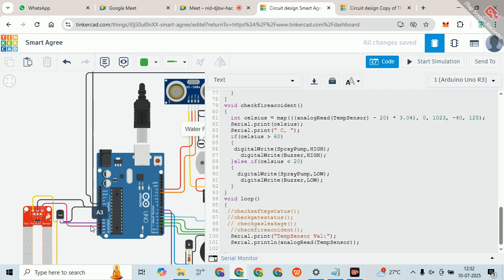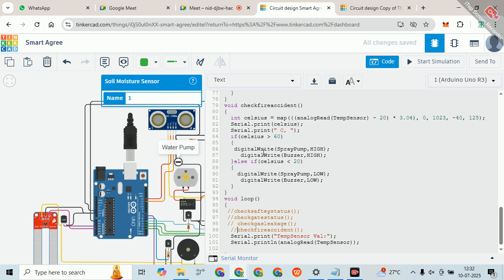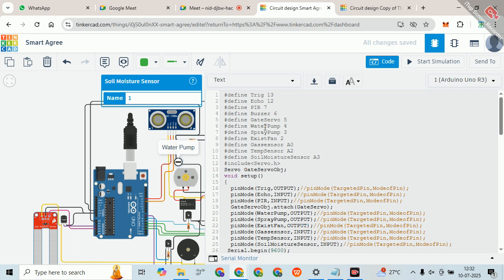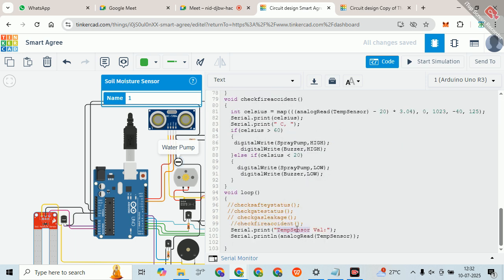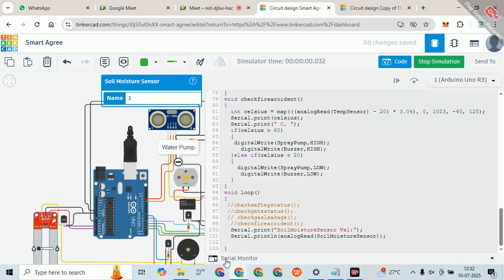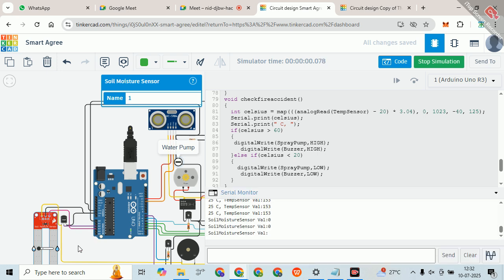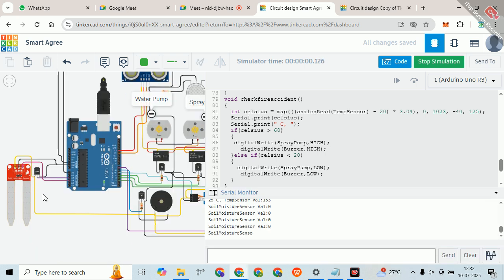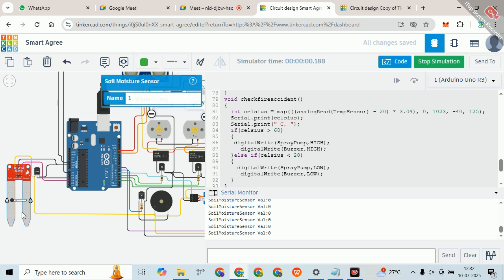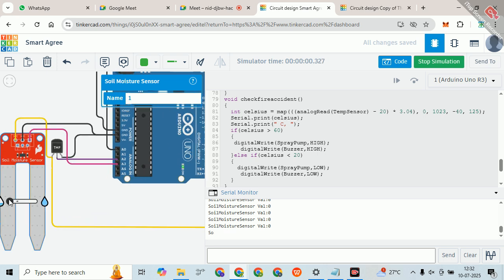Yes, so this is about the fire accident. And the last one that we have is the soil moisture sensor. Let me check the soil moisture sensor. I'm going to print the soil moisture sensor value first to check how exactly it is working and what exactly it is giving. See guys, either you have to set any sensor with the multimeter, or you have to go this way. When the soil is completely dry, it is giving 0. When I'm increasing this,